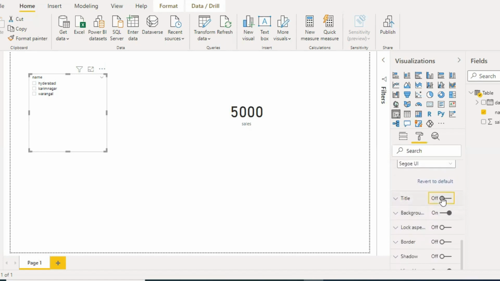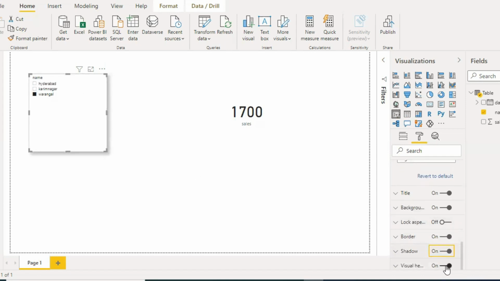And here the title: if it is on, the title is on; if it is off, the title is off. And borders, if it is on, we can change the borders here. And shadow, if it is on, the shadow is on. And visual header,